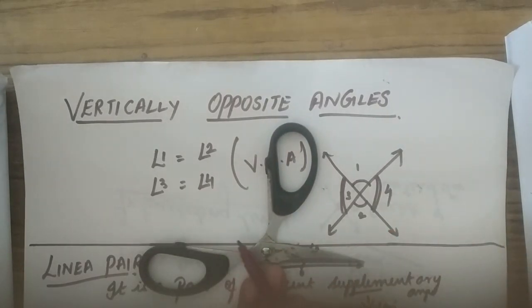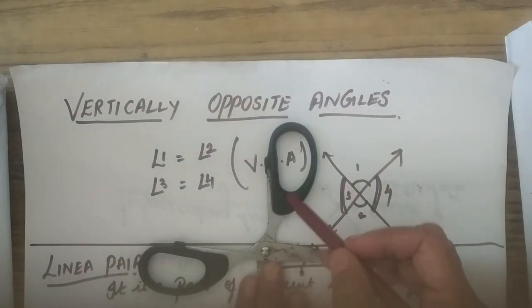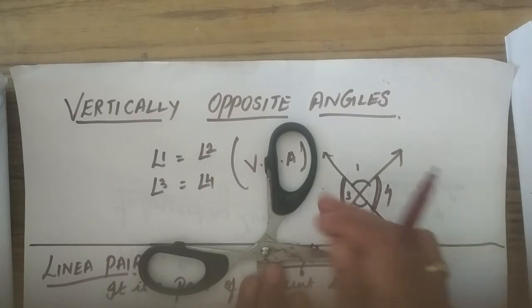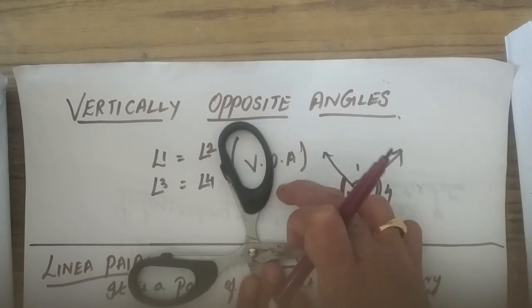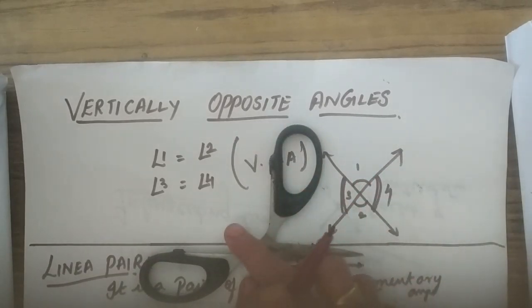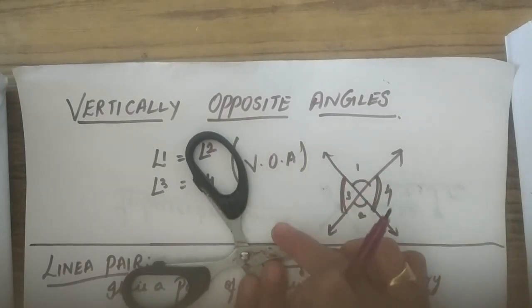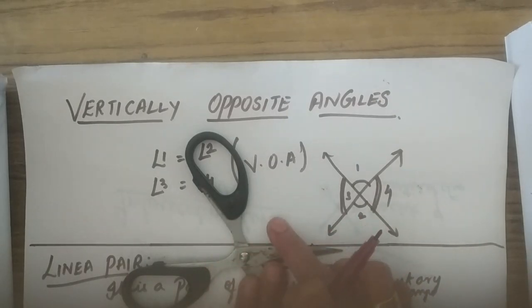So this is a straight line over here, and this is acting as a ray. Since this is a straight line, the sum of two angles is 180 degrees over here, and depending upon this ray movement, one angle is increasing and the other angle is decreasing. See, if this is acute, the other angle will become obtuse. On total, the sum of these two adjacent angles is equal to 180 degrees.